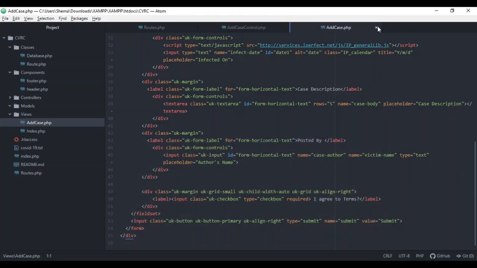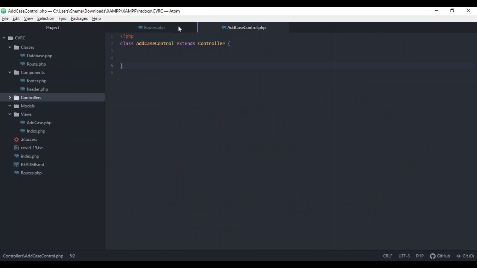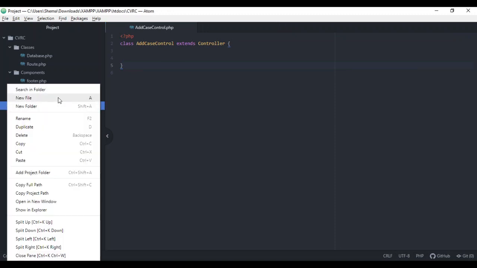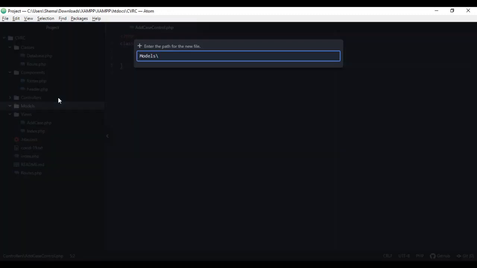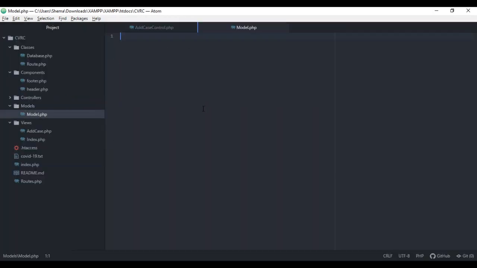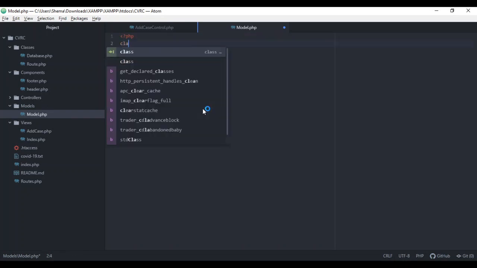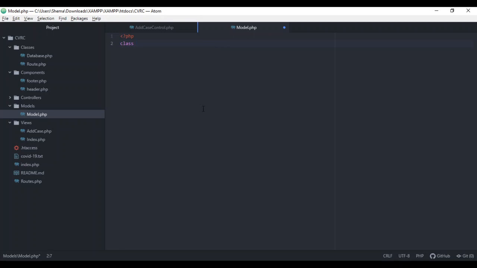Alright, so we can clear this out, and we can also clear the route. We're going to need this mediator, that's what I'm going to call it now, controller. So you'll have that there. Now let's go ahead and create our first model, and this model will be our base model. We'll create a basic class for this, and this will extend the database. So we'll say class model